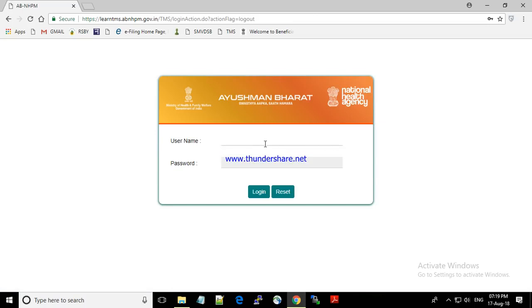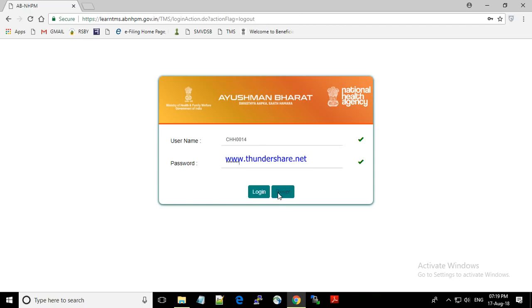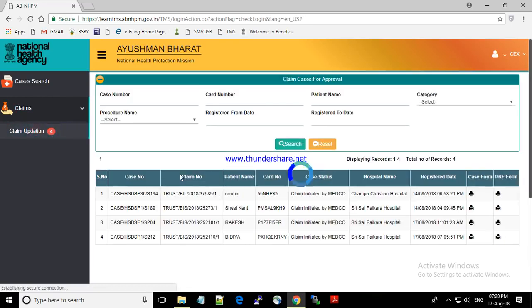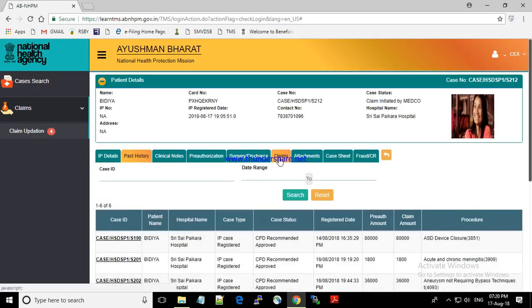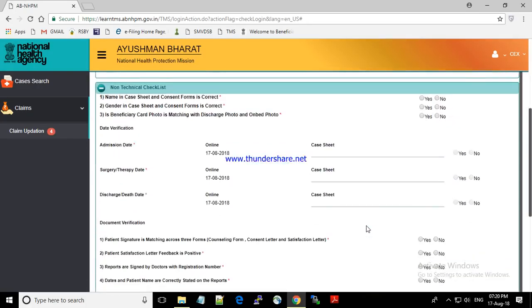Once the claim has been initiated, now the claim will go to the claim executive. A new case can be seen under the claims menu. Click on claims updation. Click on the case number. Under the claims tab, there is a checklist which the claims executive has to fill,